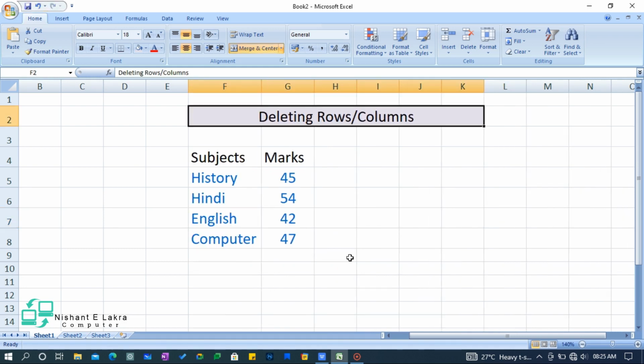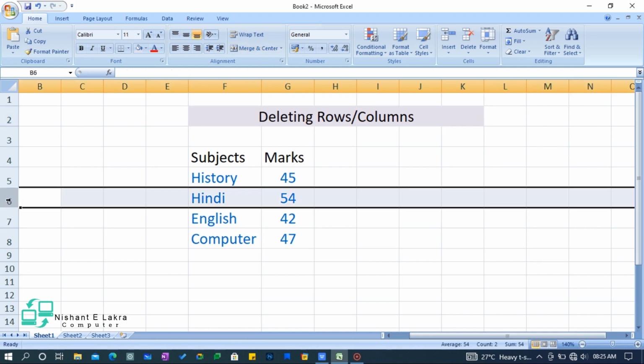Now we will learn how to delete rows and columns. Okay, the steps to delete rows and columns are as follows. First, what we will do is we'll select the row or column which you wish to delete, and you remember how to select the rows and columns, right? So let me select this row. Okay, the entire row is selected, and from the Home tab that is present on the ribbon, we'll click on the